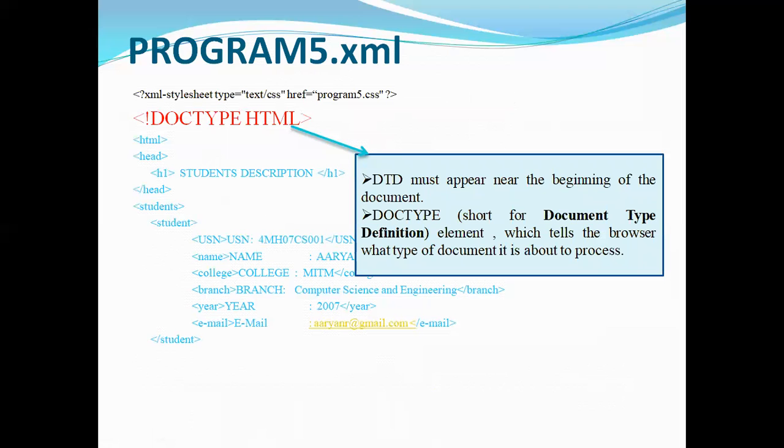Next, coming to the next line, that is the doc type HTML. Guys, try to understand, we are writing the XML inside that HTML document. So first I need to specify that doc type HTML, as we already know that it is a DTD, which must appear near the beginning of the document. It is a shorthand for document type definition, which tells the browser what type of document it is about to process. And one more thing, it should be at the beginning and it should be case insensitive, and it also tells that it is the HTML document, inside that we are using the XML